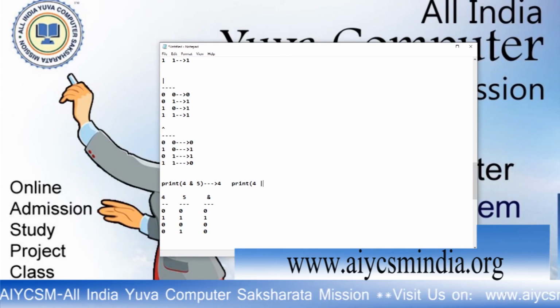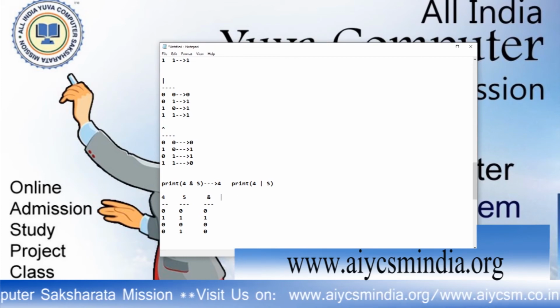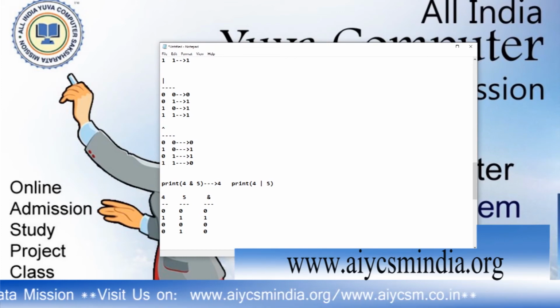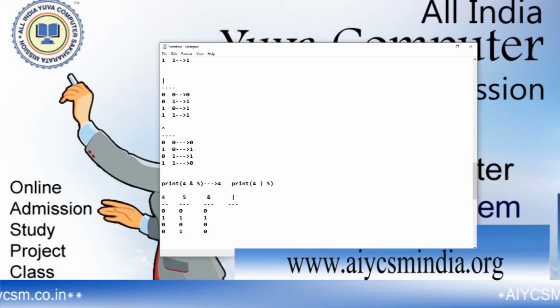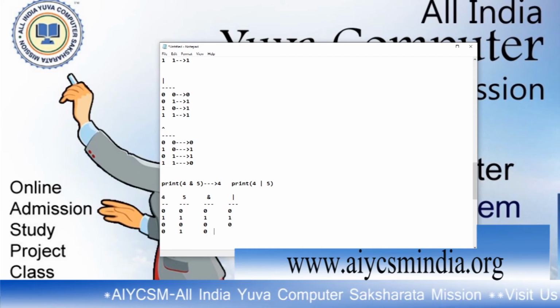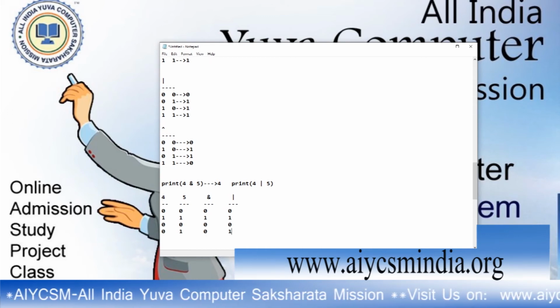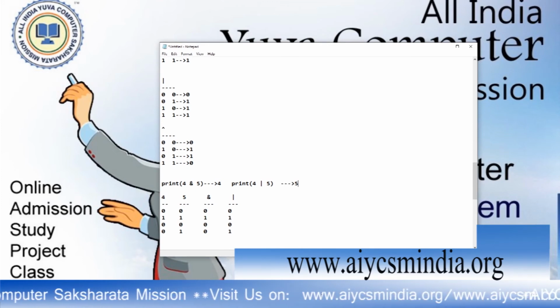Same thing for OR. Then the value, we can print it here, for OR, the result will be, we know that at least one bit will be 1. This is 0, this will be 1 because at least one bit is 1, this is 0, and this is also 1. It is the binary representation of 5, so it returns 5.